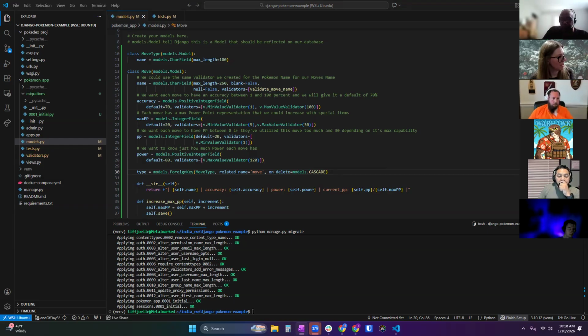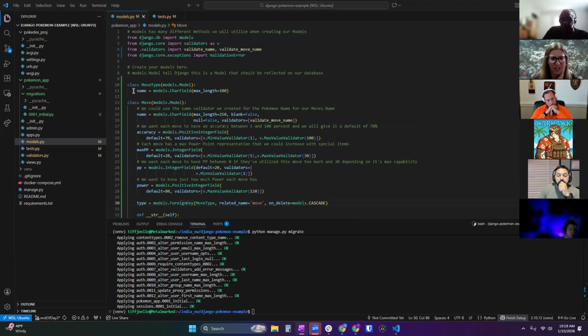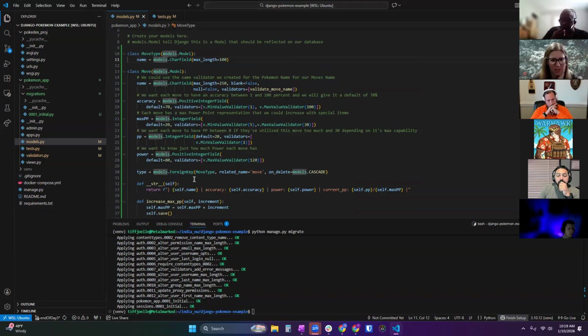Okay, so if you do move.type, you will probably get the associated object, kind of like we did with the many-to-many. However, you can do move.type dot whatever field is in that associated model. So you can do move.type.name, and it will give you the name of that move type associated to a specific move.